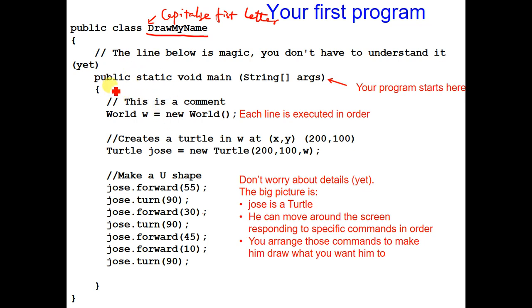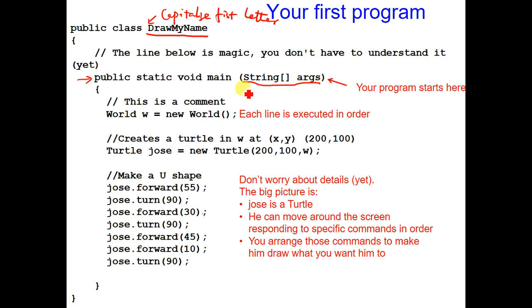And then you have this magic line. You don't have to understand it as of now, but just try to remember it. It's just like a new word for you. Public static void main. So basically what it says is this is the starting point of your program. This is where everything starts. And there is a parenthesis.